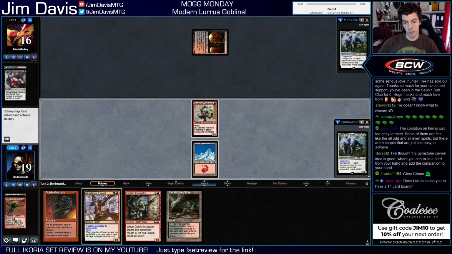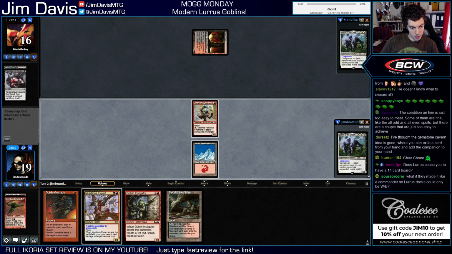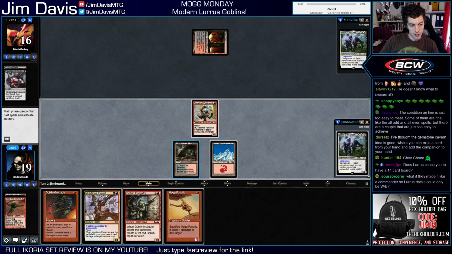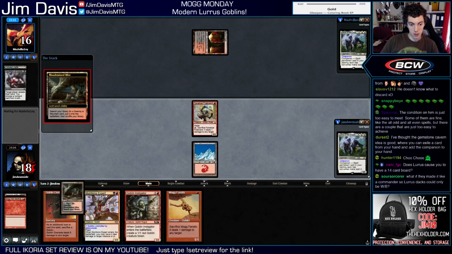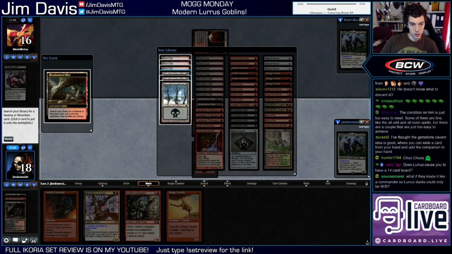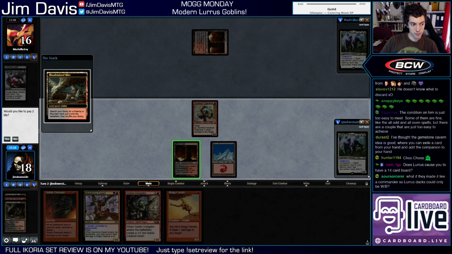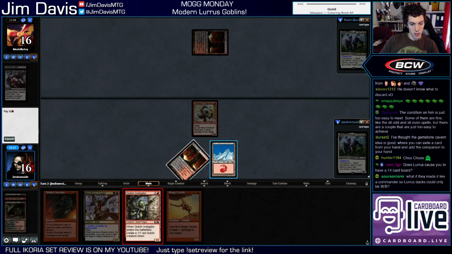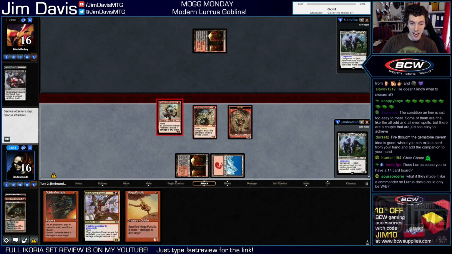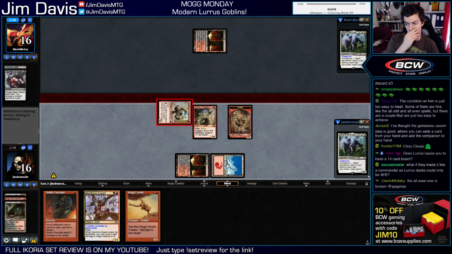Took the Mogg War Marshal. Alright, that's what we thought they were going to do. I guess we're getting Blood Crypt. I don't love shocking here, but... Get the old Instigator online. I guess we're attacking. We don't know they're playing Shadow yet, so I'm just going to attack. If I knew they were playing Shadow, I might think twice about it, but...